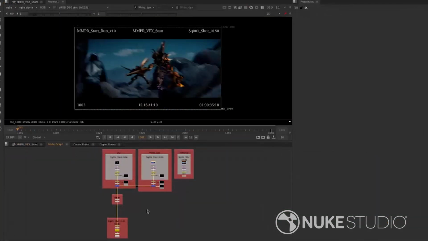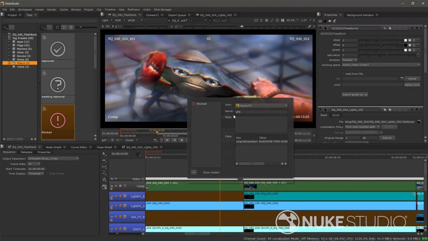Slap comps for the lighting department can be procedurally generated for 3D artists to check their work. And many studio lighting artists have access to Nuke where they can go in and tweak the lighting based on these slap comps. On the 2D side of things, a VFX supervisor can be using Nuke Studio to see notes